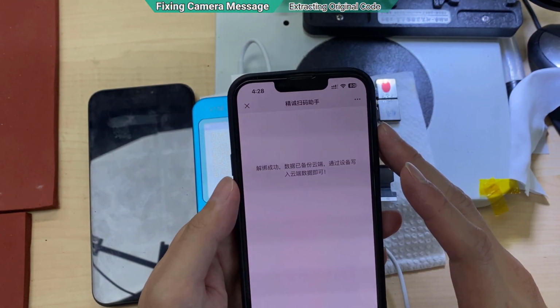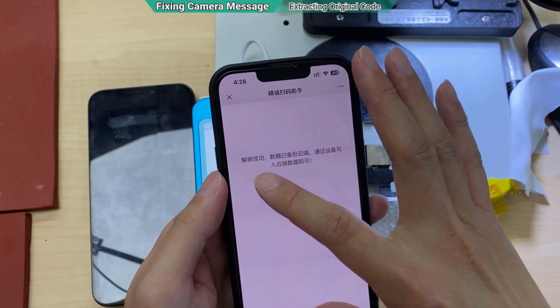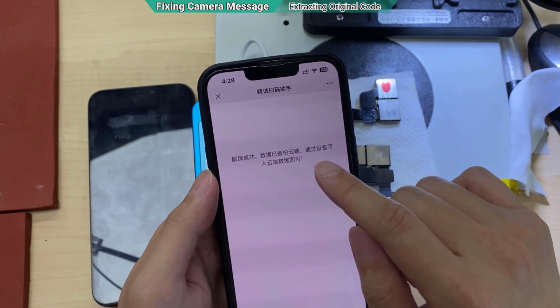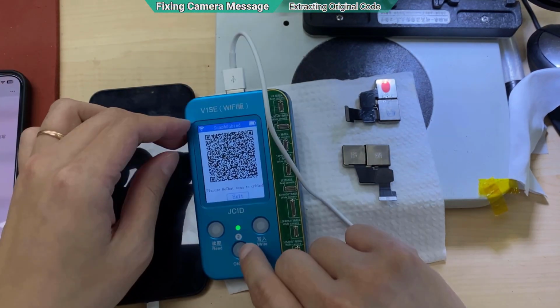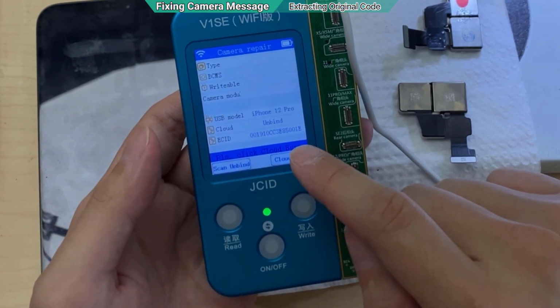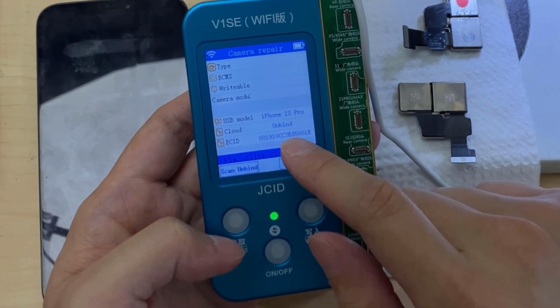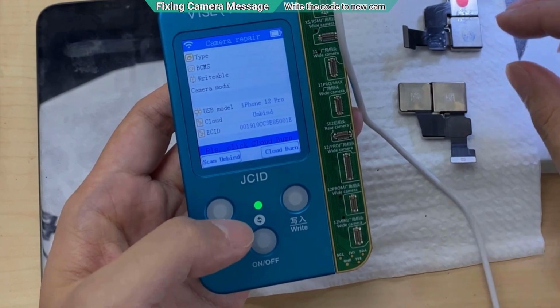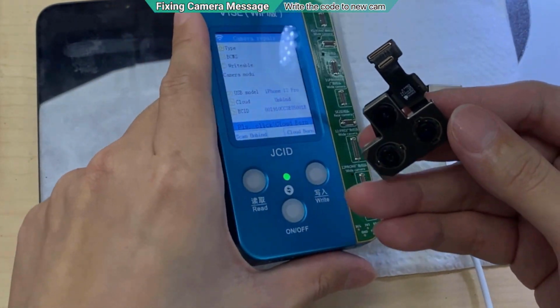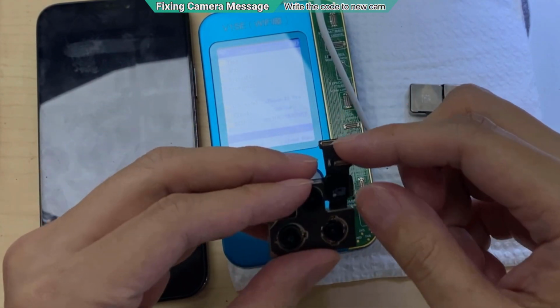Okay, got it. It says unbind successful, already backed up to the cloud. So you can just exit the menu from here. See the option, it says this phone has been unbound. So what's next is you are going to use this camera, which I already have changed the flags into the